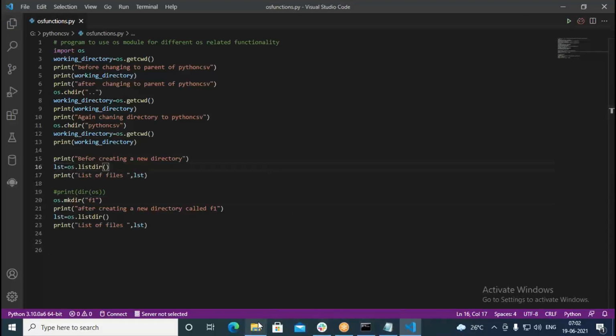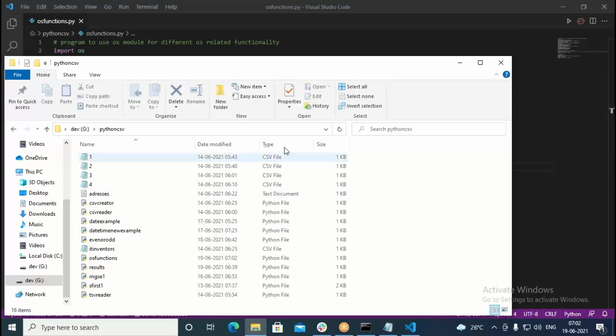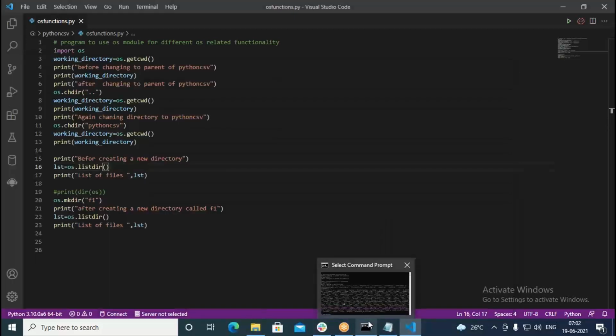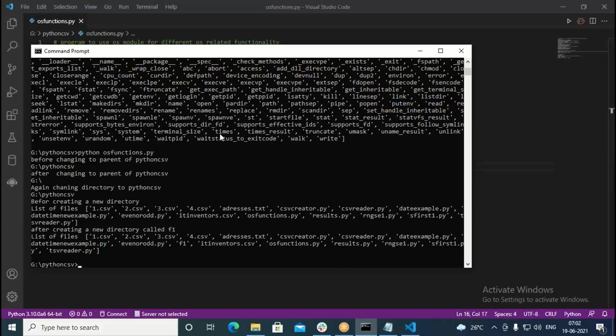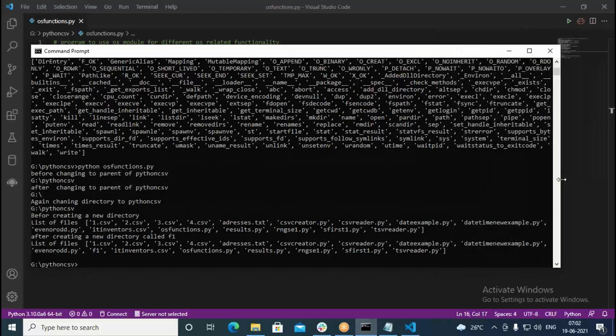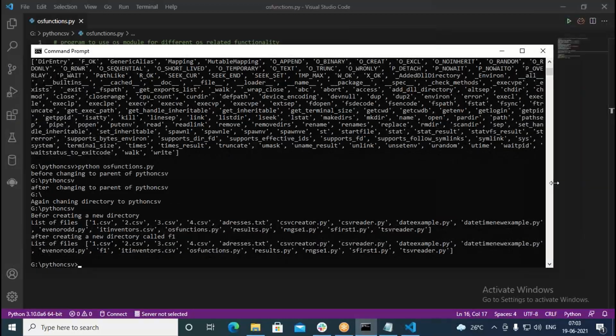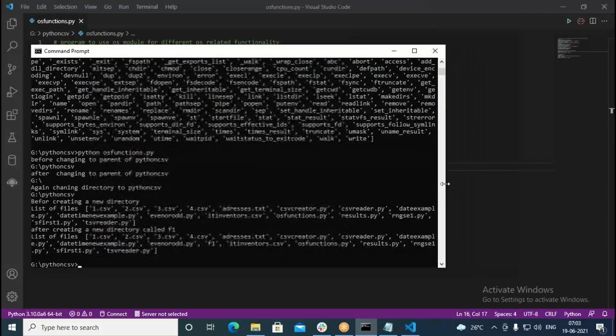If you come to the folder here, we don't have any F1 right now. There is no folder F1. But when I run this program, it has to create a new folder called F1. What happened? It has created now. Before creating a new directory, it lists all the files. But when you go with this here, we see F1.